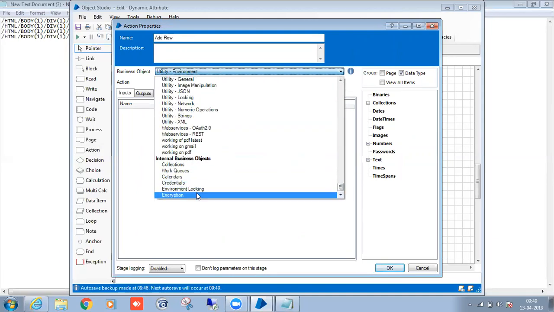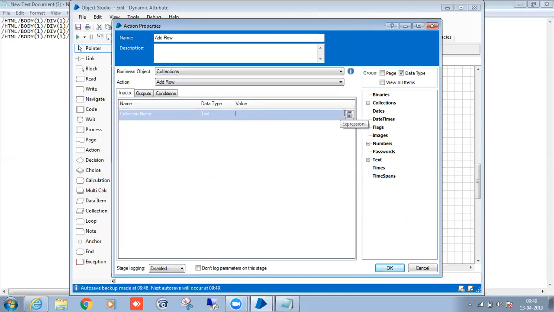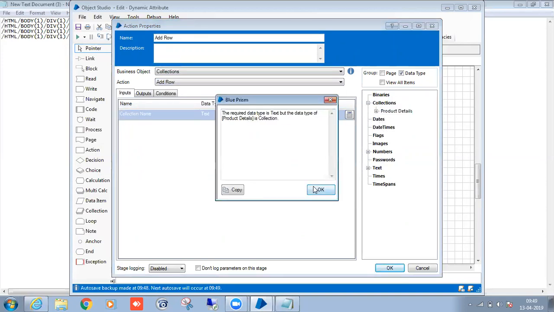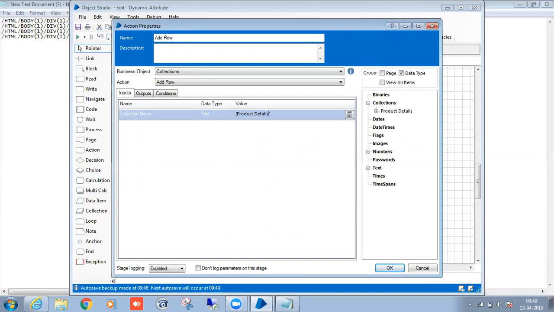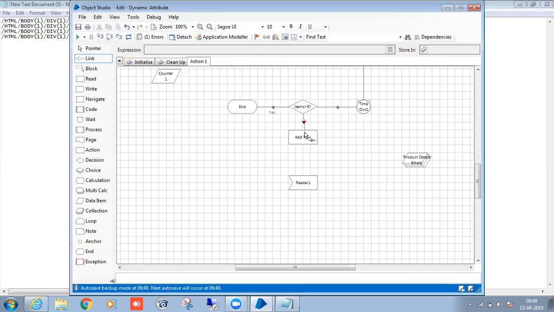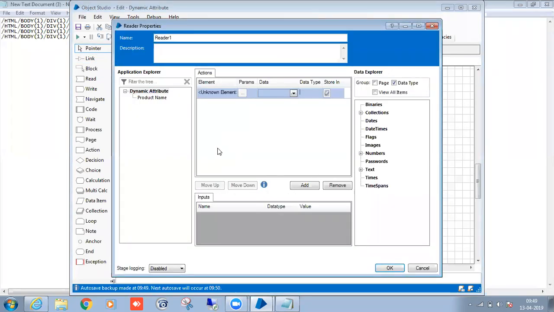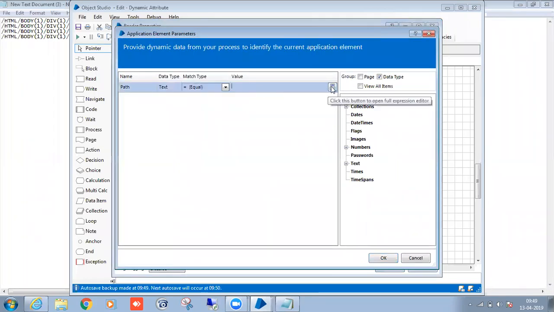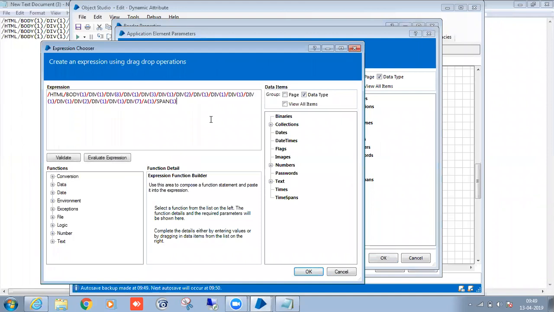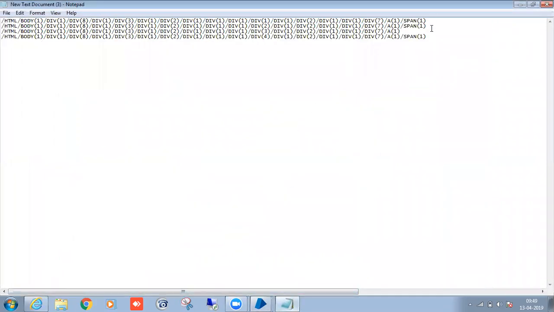Collections. Collection. After adding that, I'm going to read the values. So here the main logic will be there. Double click on it. I'm going to read this value. See, when you are taking the dynamic one, it will ask us to give the inputs. Click here. So here we have to pass the path, right? This is the path. It's the first one path.